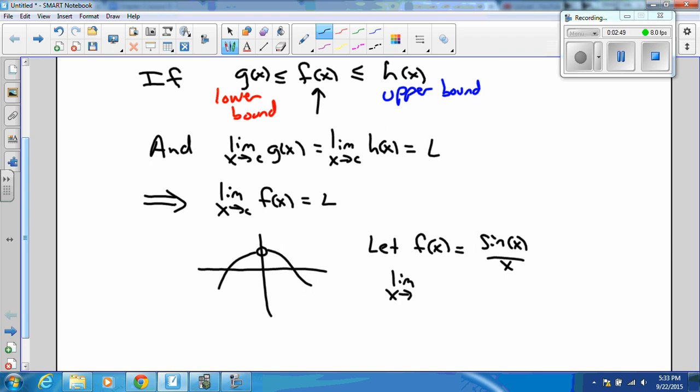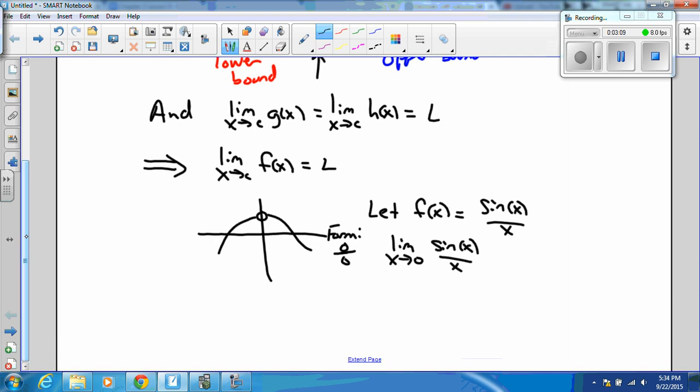And I want you to observe that if I try to find the limit as x goes to 0 of sine x divided by x, then my form is 0 over 0. But because sine of x is not a polynomial, it's not at all clear how I would factor anything out in order to cancel. So I cannot use cancellation technique on this. I can't use rationalization technique on this. I cannot use any of the limit properties because the denominator goes to 0. I am stuck. What I'll prove in class tomorrow is that it just so happens that